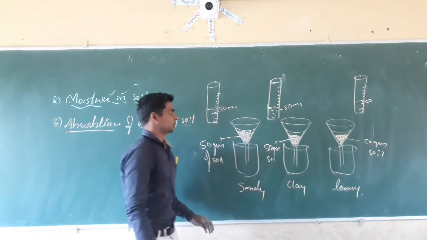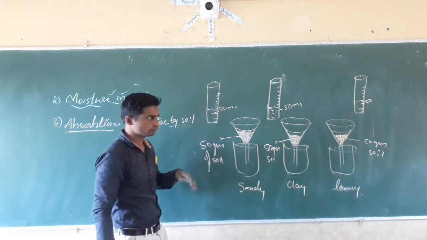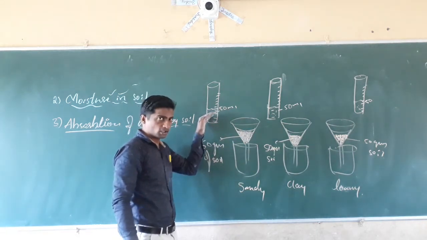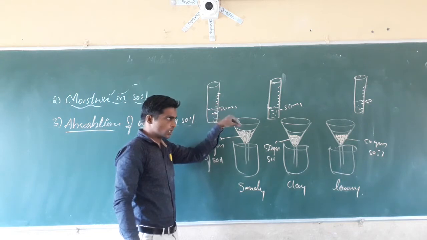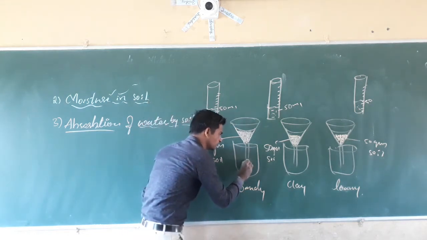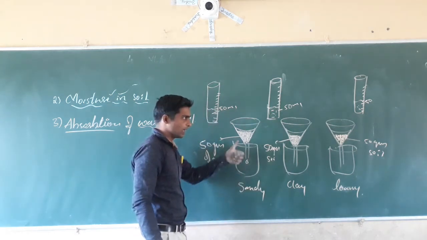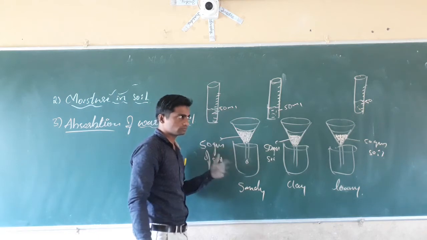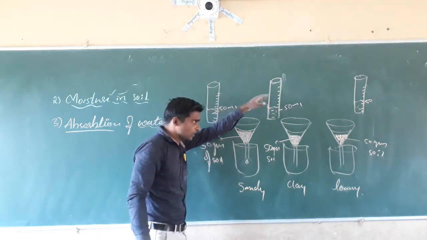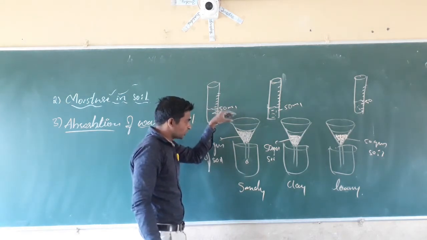Then we have to pour the water slowly, drop by drop, all over the soil. Not the whole water at once. Slowly we have to pour and we have to observe. When a drop starts to appear, we collect it, and we have to mention the time, or it is not necessary. See, pour slowly the water in all these 3 beakers one by one. See, first you pour the water.